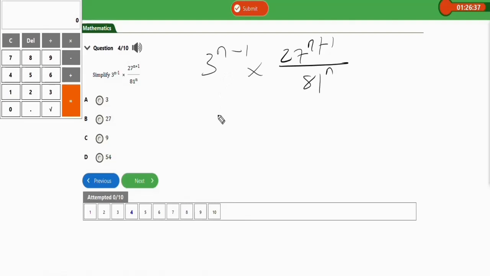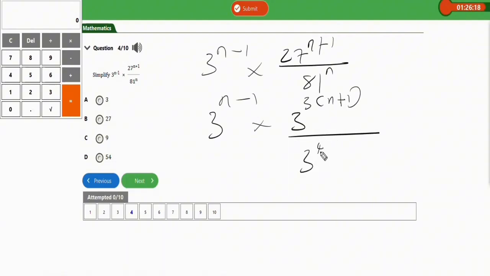So this is going to give us 3 to the power of n minus 1 times, now 27 is the same as 3 to the power of 3, because 3 times 3 times 3 gives you 27. So 3 to the power of 3 in bracket n plus 1 over 81, which is the same as 3 to the power of 4. Once you have done this, the base is now equal. So let's firstly apply the division law of indices, which says that when the base is the same, you subtract the powers. So this will give us 3 to the power